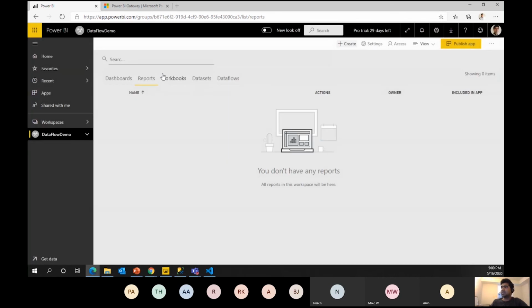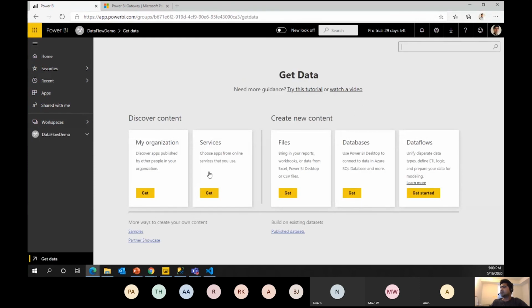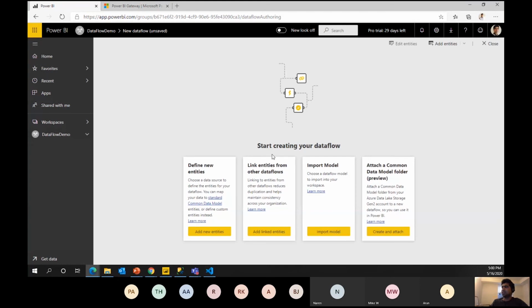Select a data set. Second. Okay, so when you go to select the data, you will have data flows. You will click on this and then same operation. So basically you will be able to add your data sets here, and you will be able to perform the similar operation that you performed on Power BI services.